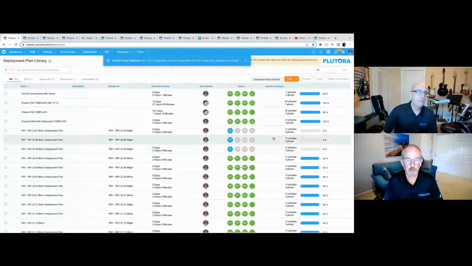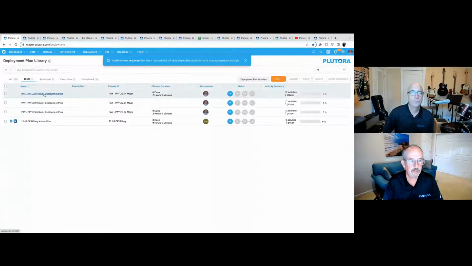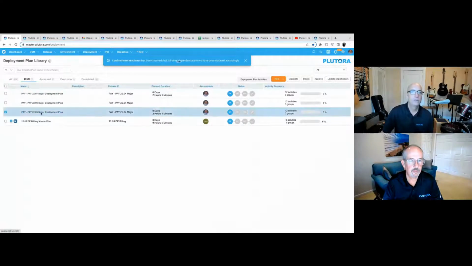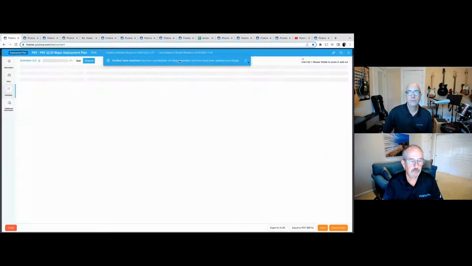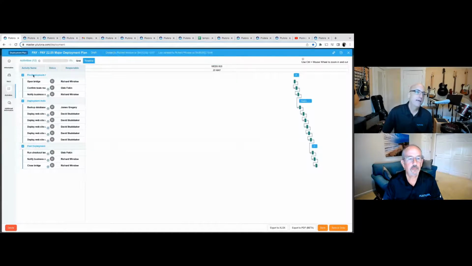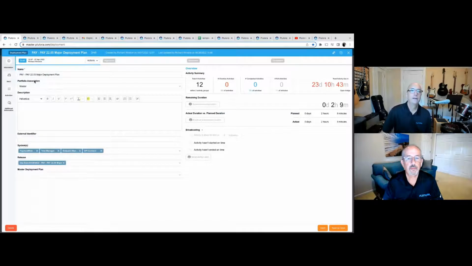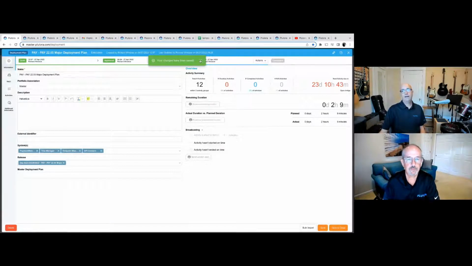When you're drafting your plans, you'll reach a point where you want to approve that plan. A workflow will help confirm that deployment plan is ready to be moved from draft and be approved. The plan generally gets locked at that point until you're then ready to move into execution mode. Now, when you're in execution mode, here's where it's a huge uplift from just using a spreadsheet or something,